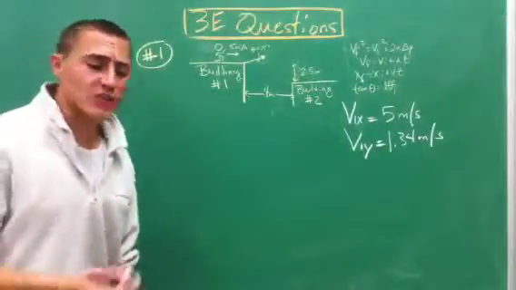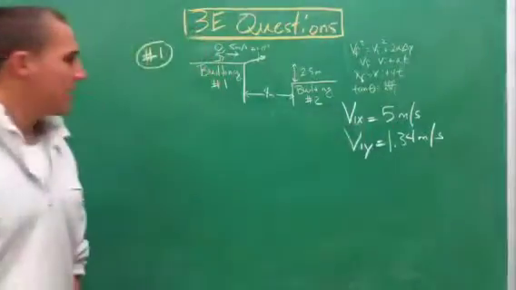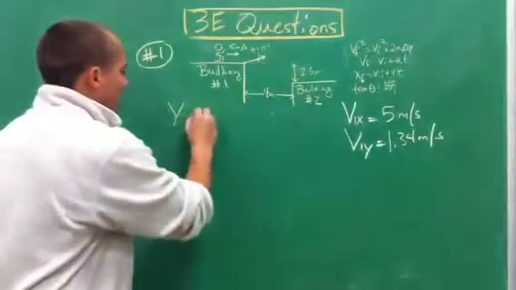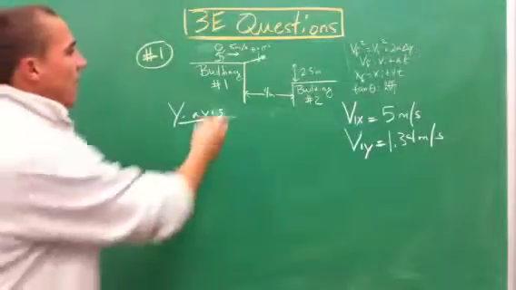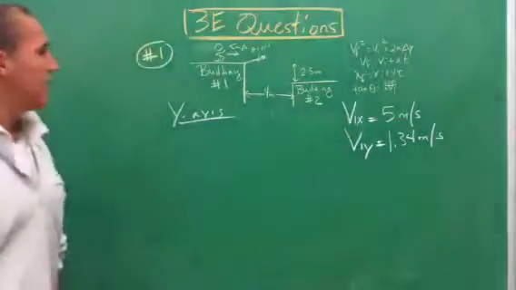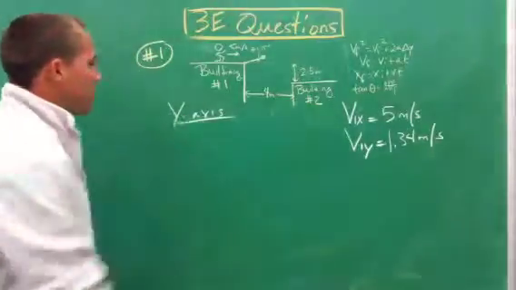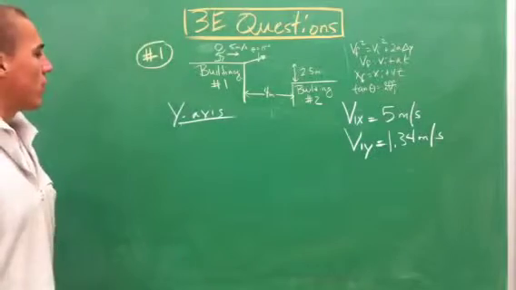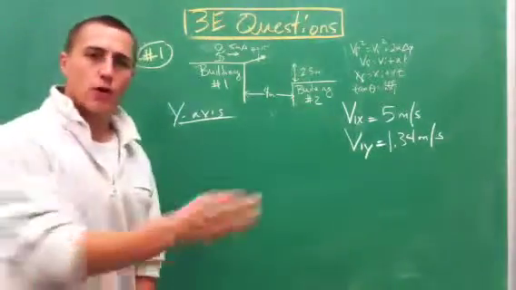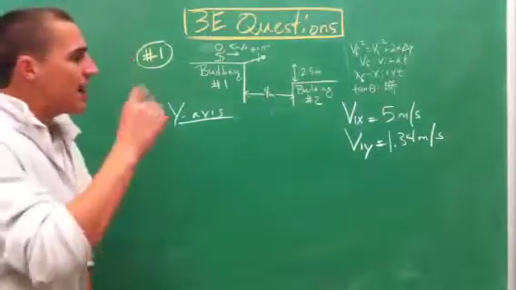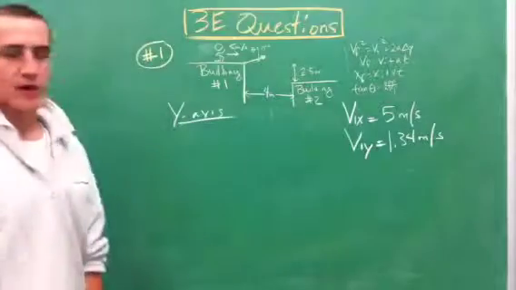All right, with a question like this, we have to focus on the y-axis. The x-axis won't come in until later. It's important that we keep the y-axis material apart from the x-axis material. So in the y-axis, 5 meters per second never comes into play. And in the x-axis, gravity is non-existent. Y-axis goes directly with gravity. So we need to know how long does it take a person, regardless if he's moving horizontally at all, to jump straight in the air at 1.34 meters per second and come back down and land 2.5 meters below where